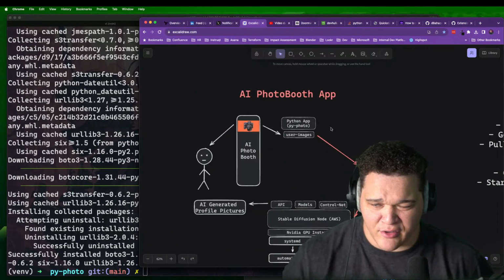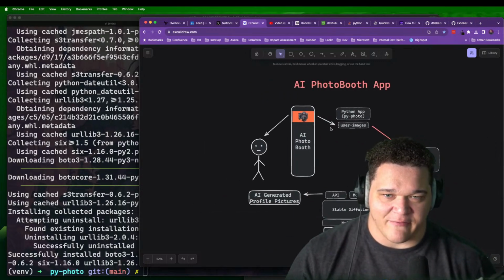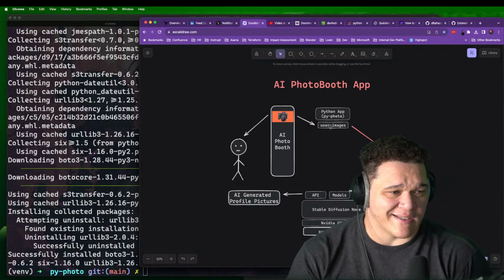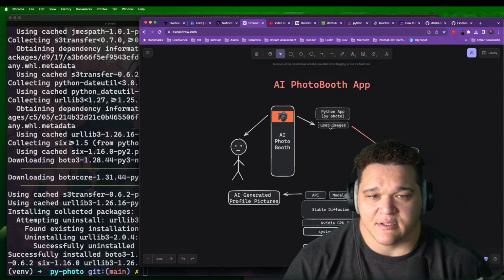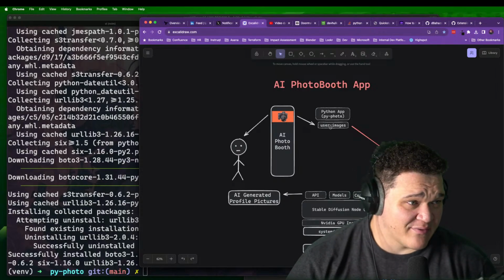Okay, for y'all that are new to the setup, we're building this AI photo booth app for multiple reasons. One, I got a conference coming up, so they're going to maybe use this for this conference to kind of give people